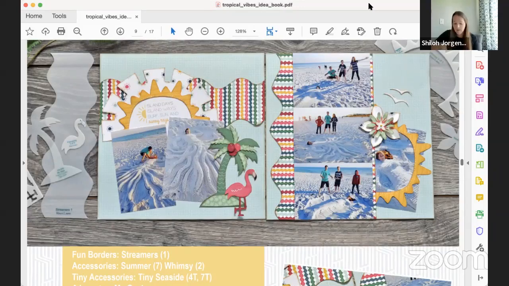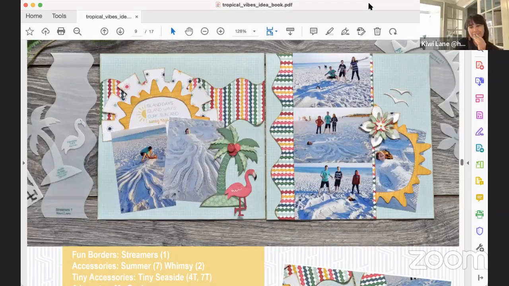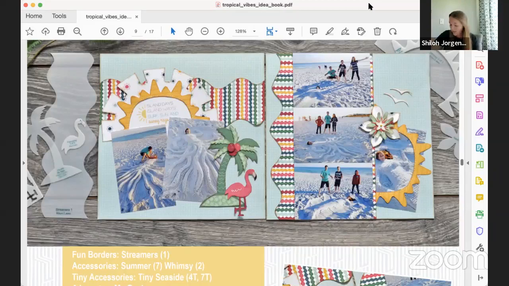So I did coconuts and I added some leaves to my oasis and did the little flamingo with the legs and cut out the seagulls and flower bits. I added quite a bit from the doodle sheet onto this layout. I just did it in paper format and I love how it turned out. It was really fun. I love the flamingo.